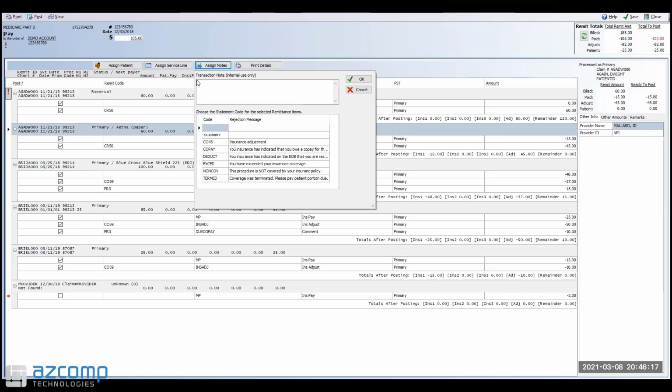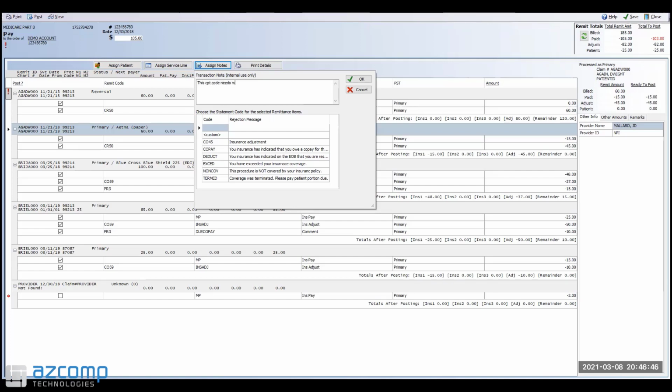The internal note goes in the top portion of the screen under Transaction Note. And you'll notice here it also says Internal Use Only. So this note is only going to be visible in the transaction entry screen under the patient's account for this charge line. It is not going to print out on patient statements or get sent out on the claims electronically or on paper. So the note you would type in here, so we can say something like this,